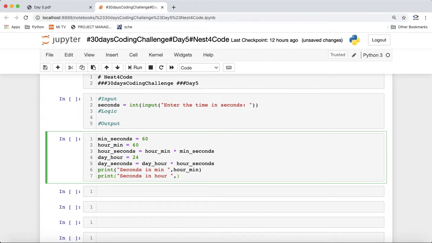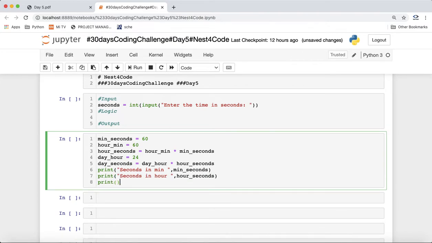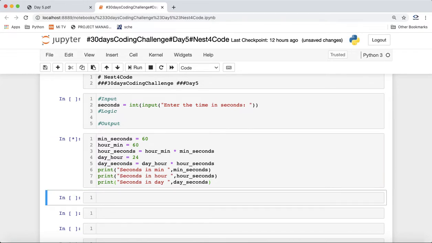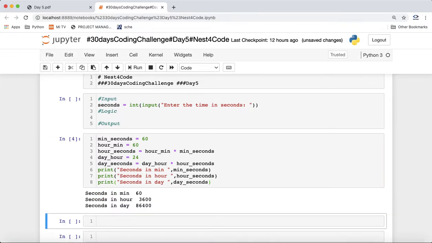So this will be minute seconds, this will be hour seconds, and similarly seconds in a day, which will be day seconds. Now we know how many seconds we have in a minute, in an hour, and in a day.